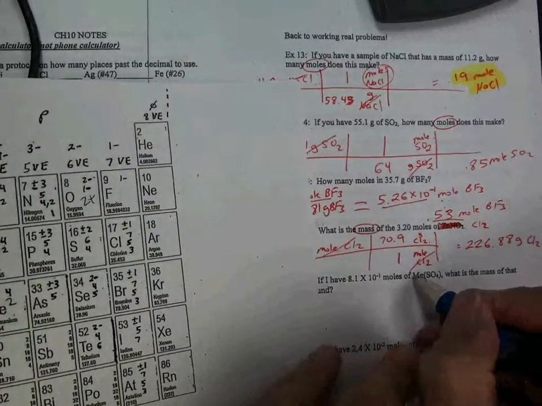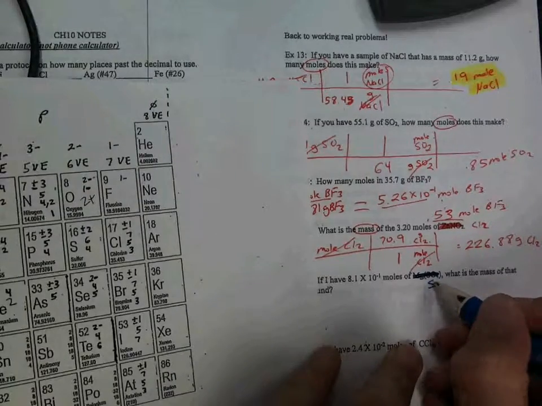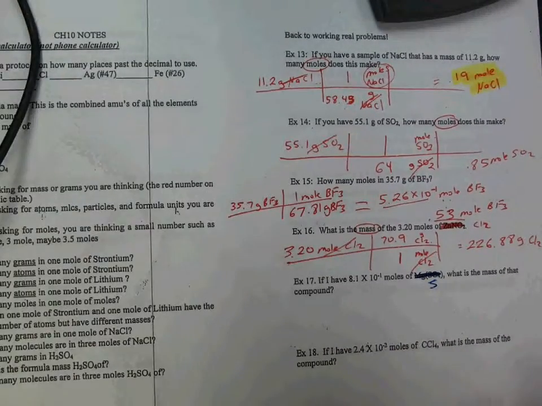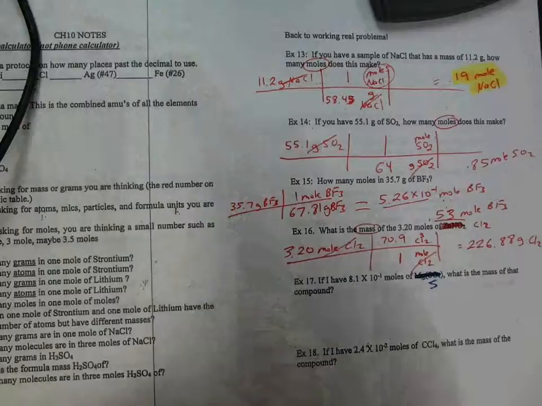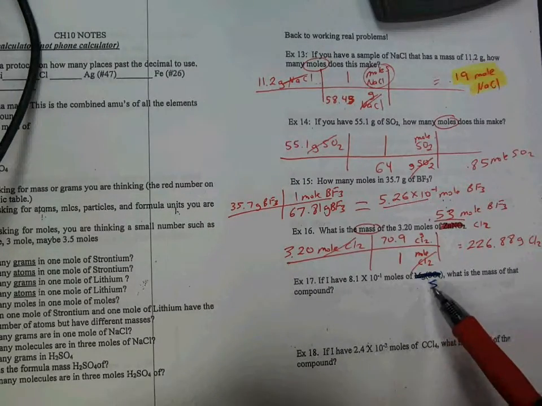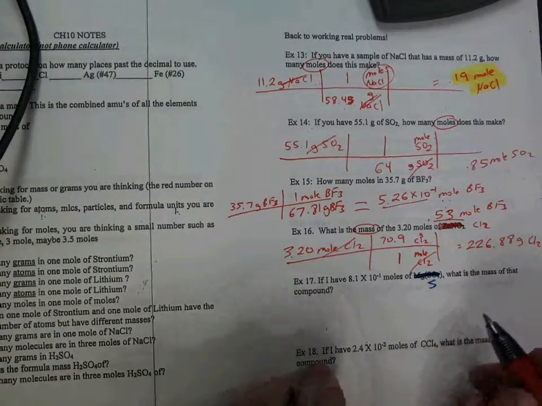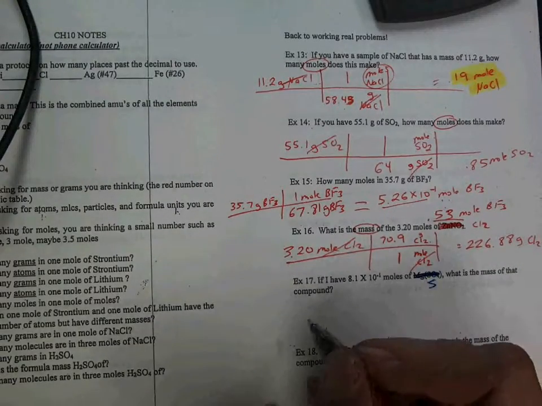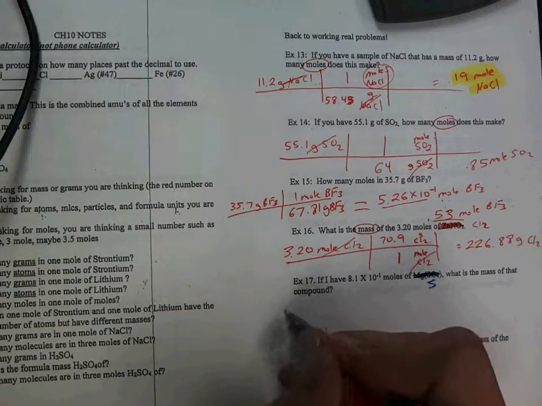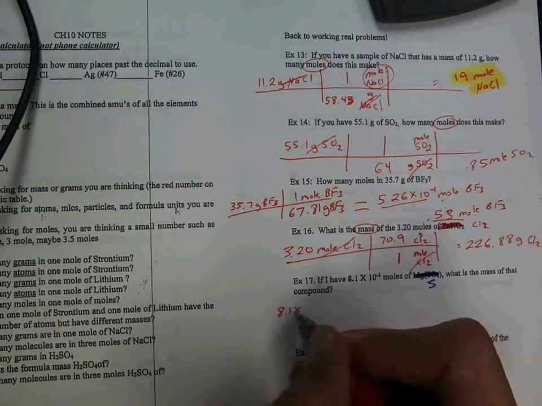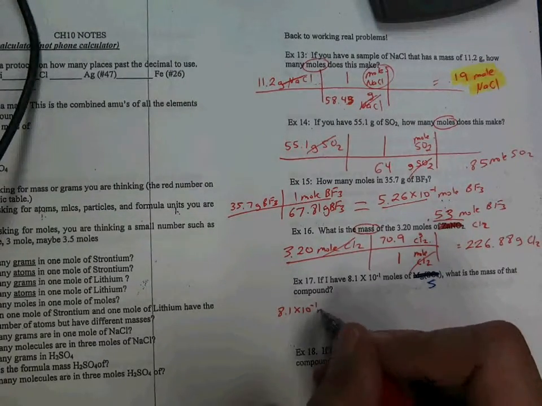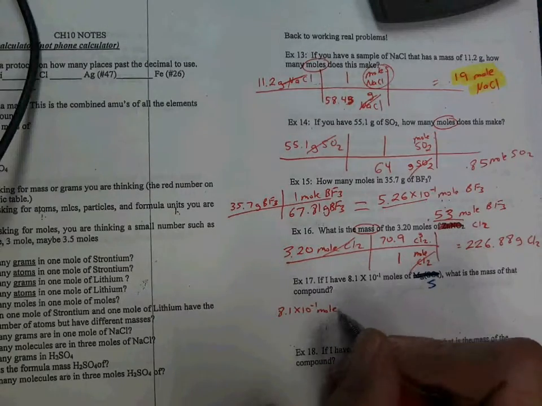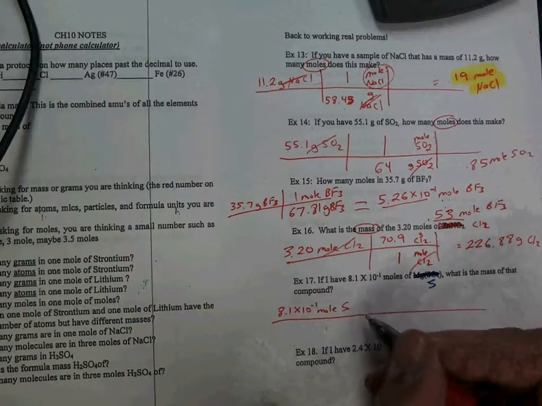All right, next problem. We're going to change this. This is too much to write. Just make it the letter S for sulfur. Let's just make it S. It'll be a little bit easier to do. In the future, I may have these corrected where you don't even have to make the revisions. I may correct them, and so next year the notes may already be corrected when you start to work them. So let's start with 8.1 times 10 to the negative 1